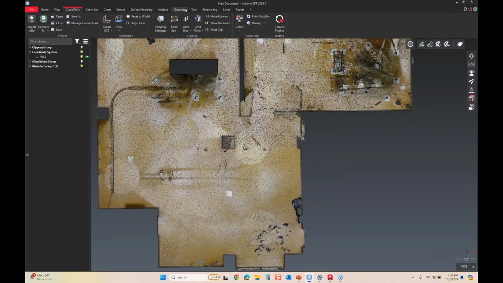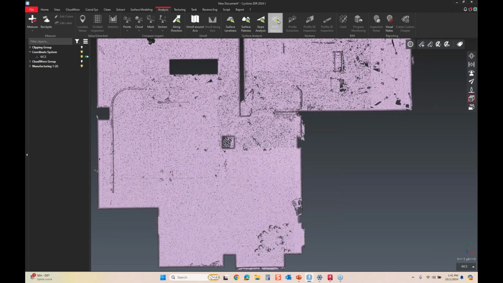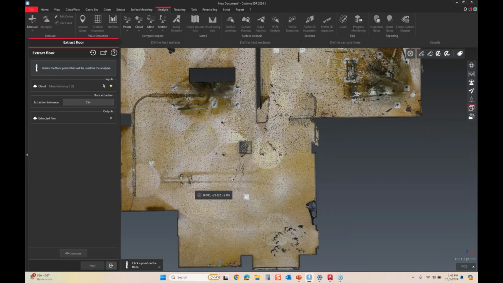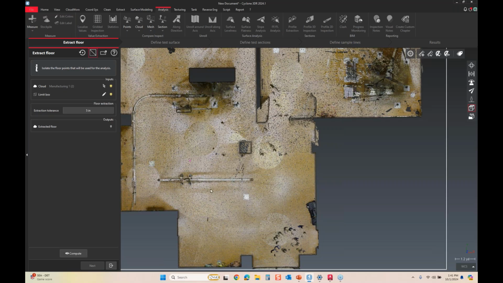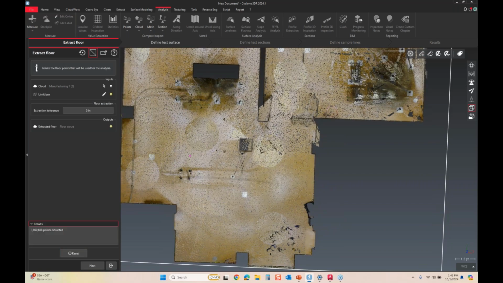I can then come in under the analysis tool here, grab my point cloud and do a floor flatness analysis. Click on a point there and, oops, hit compute,